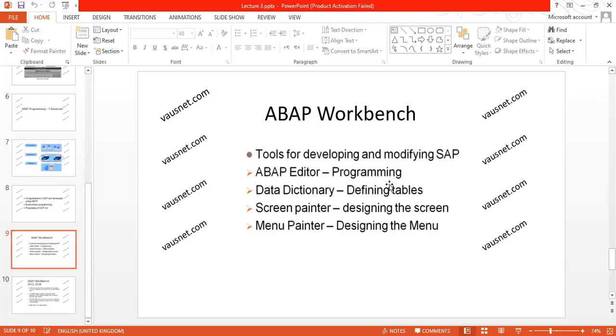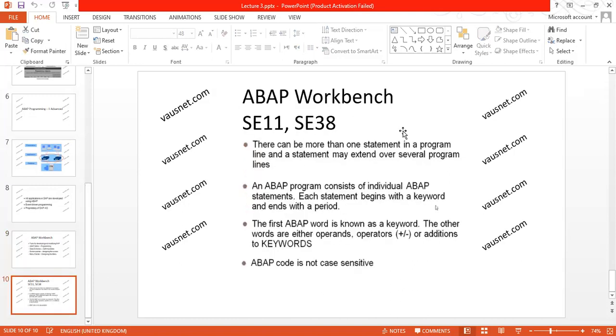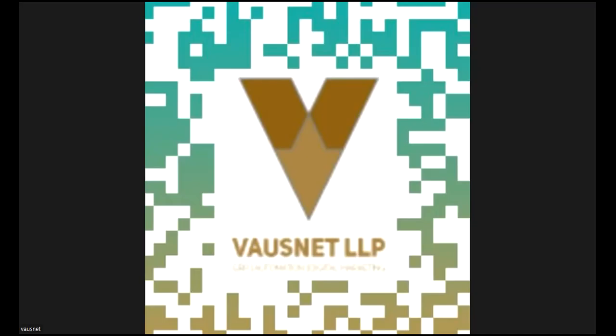These are the tools: the ABAP editor that we'll see in the SAP server, data dictionary, screen painter, menu painter, and many other tools as well. These are the transaction codes that we'll use, and we'll see how an ABAP code is written that actually calls for